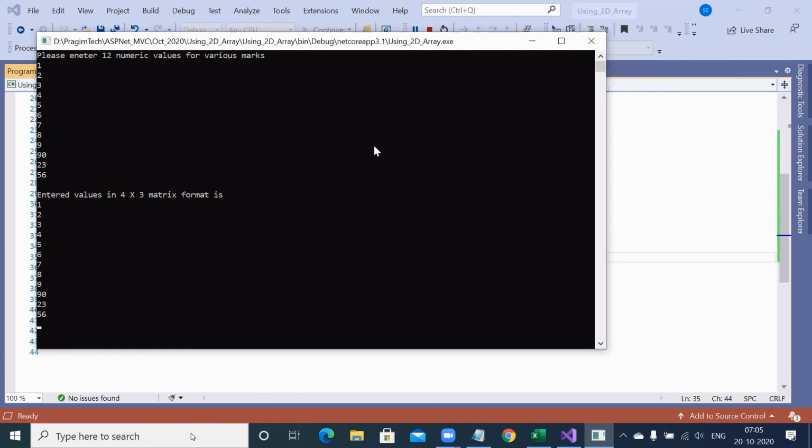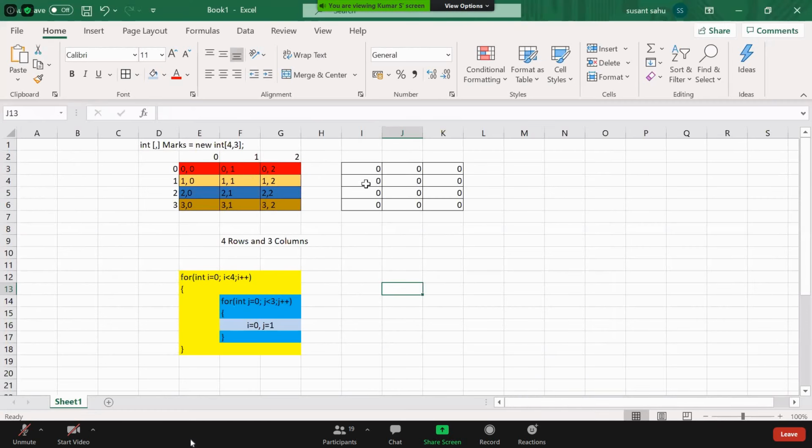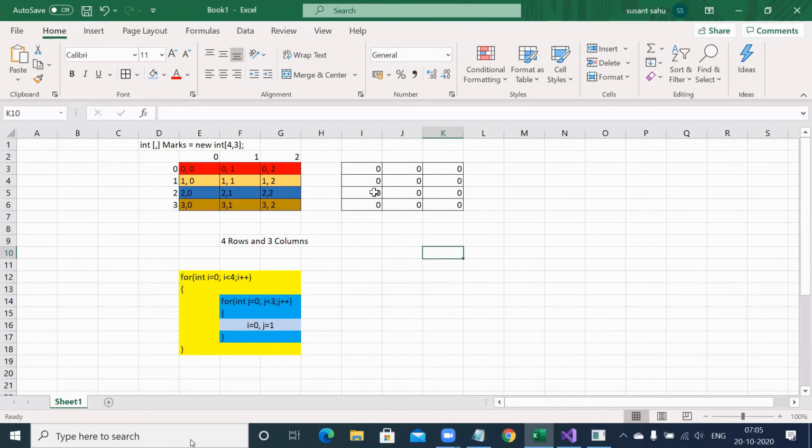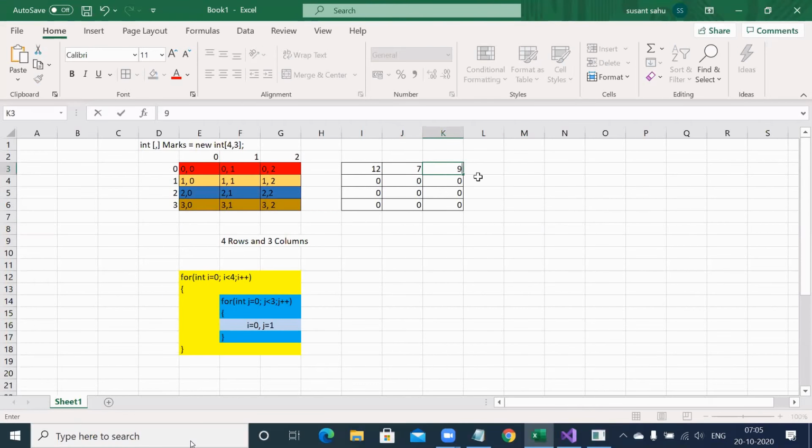Have a look. We don't want either this or the previous one because we want matrix format. Matrix format means the way we display it in an Excel sheet, rows and columns. It may be something like this: 12 first number, 7 second number, 90 third number.